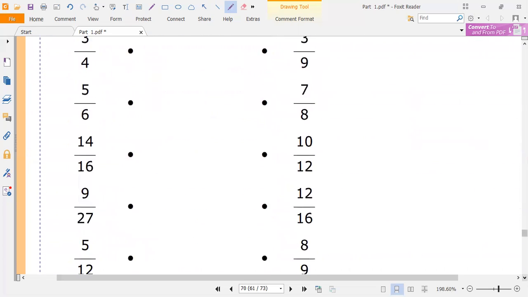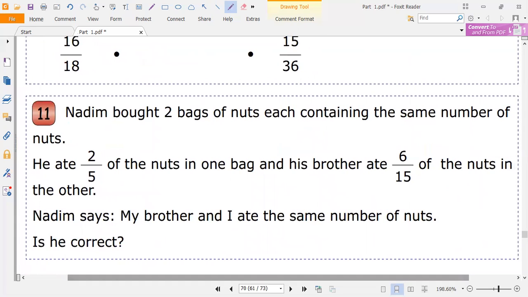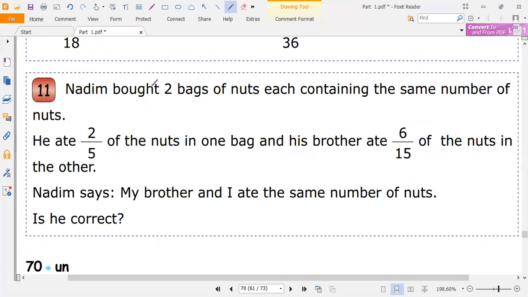Now let's do exercise 11, page 70. Nadine bought 2 bags of nuts, each containing the same number of nuts. He ate 2/5 of the nuts in one bag, and his brother ate 6/15 of the nuts in the other. Nadim says, my brother and I ate the same number of nuts. Is he correct? To know if they ate the same number of nuts, we have to see if 2/5